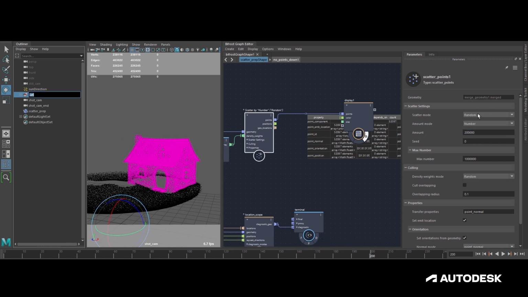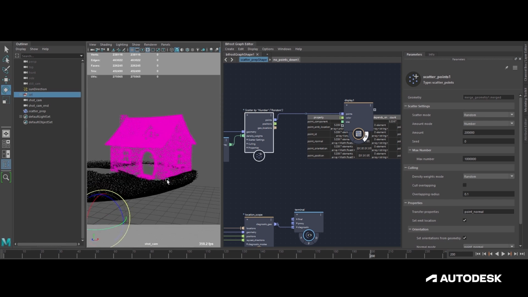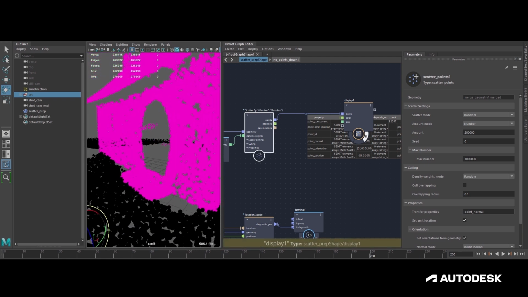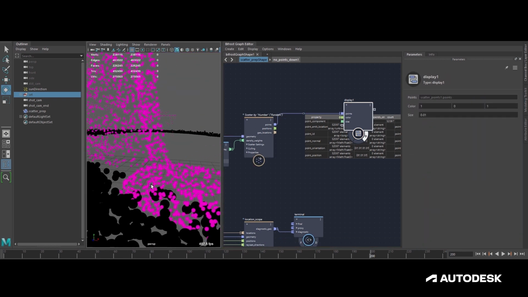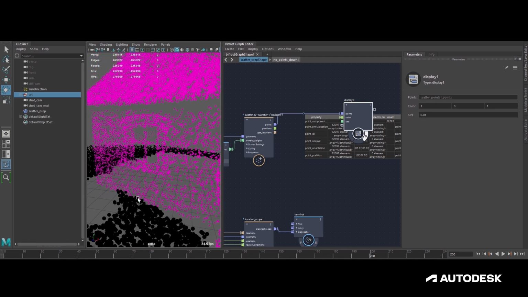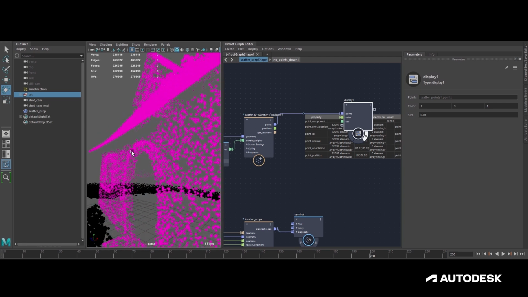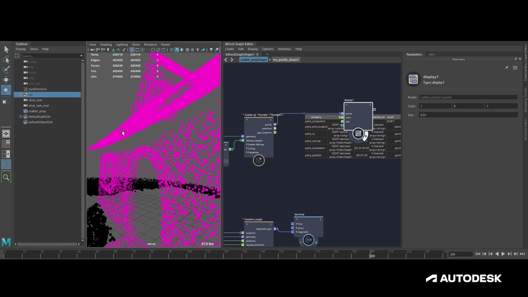It's nice and random. I'm not going to go for blue noise or anything like that, because what I'm looking for is small gaps between these points that an infection will grow in. So I've got nice distances between my randomly scattered points. I've got some nice density. The only issue I have right now is I have a big gap here where the overhang of the roof